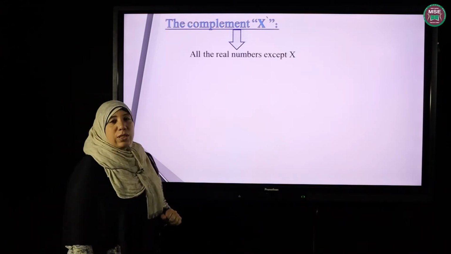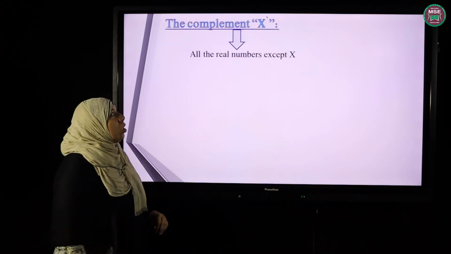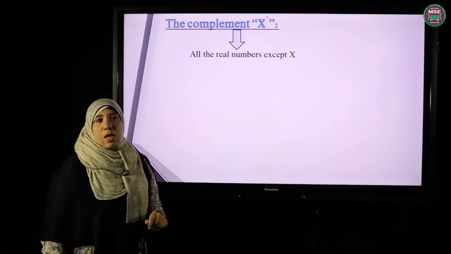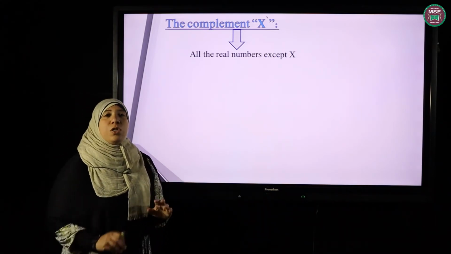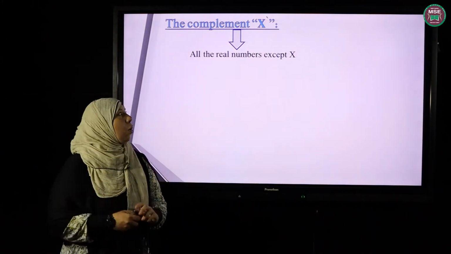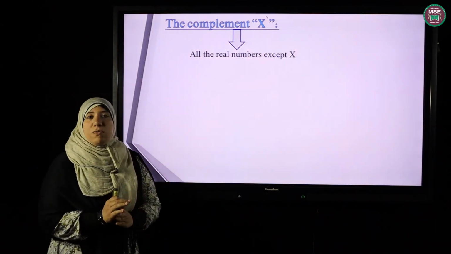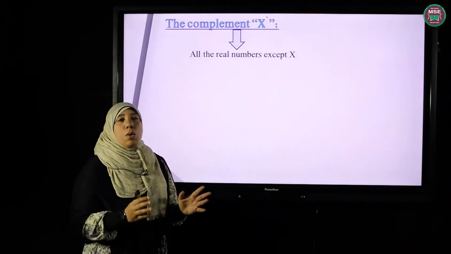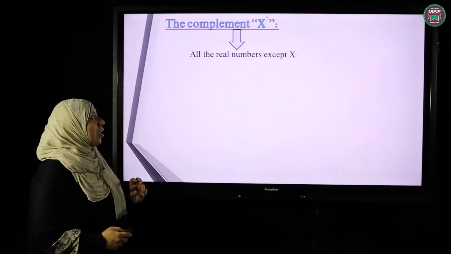The last operation is the complement, which is all the real numbers except x. I will consider here that my universal set is the set of real numbers. If the universal set is the real numbers, I will take all the numbers except x. If x, for example,